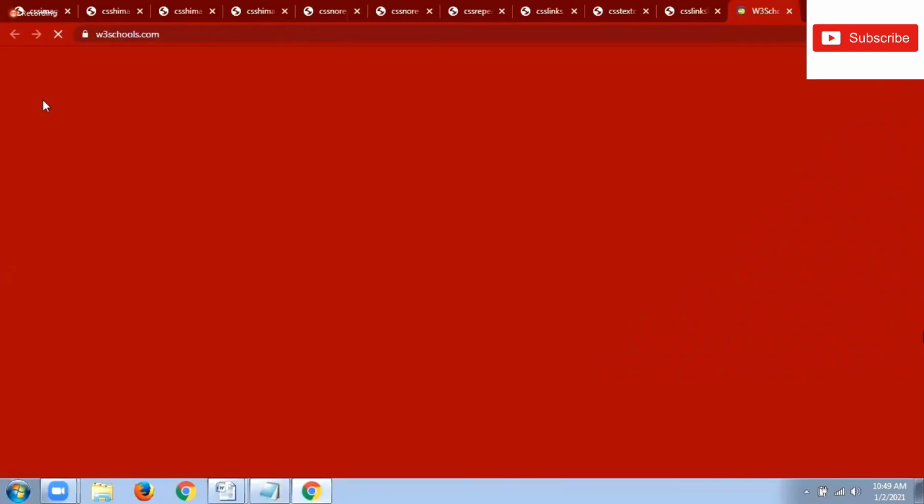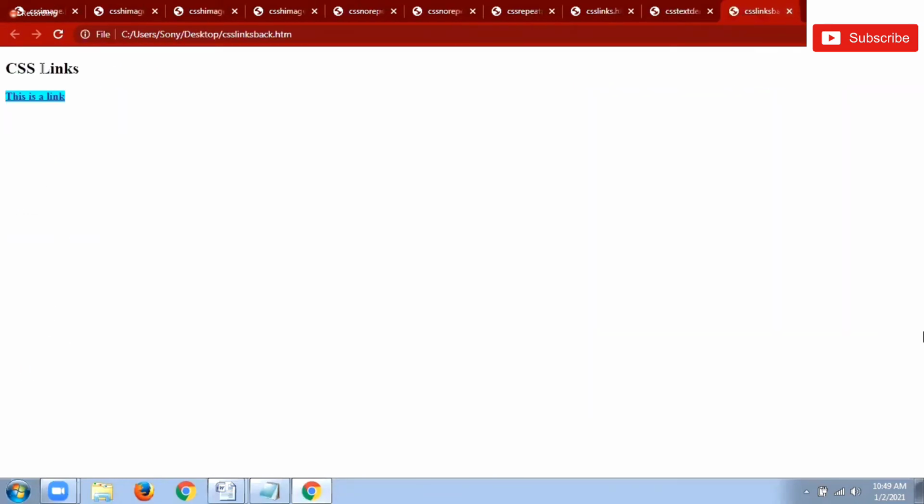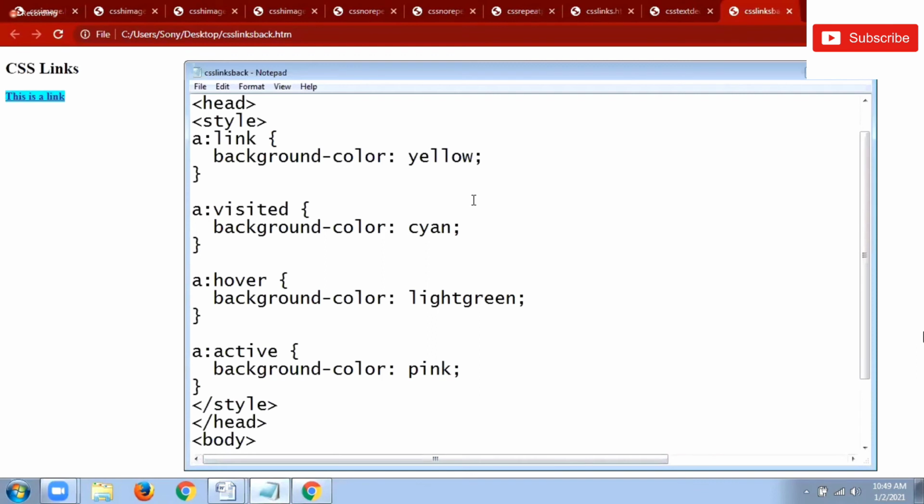Now it is going to activate the same reference where you mention your reference link, hyperlink. So this is how you can change the background of your link, background color of link. Is it clear? With the help of this particular background color property, you can set it.